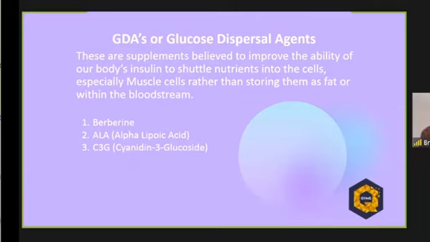So these are the supplements that will help with glucose management. Now, of course, you don't need to use all of them at once, except for one which probably needs to be used. All the others are interchangeable.